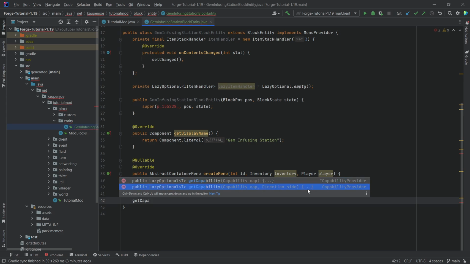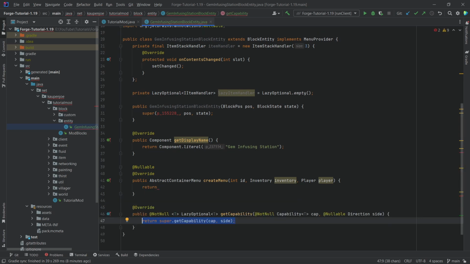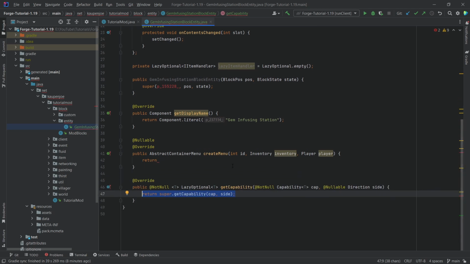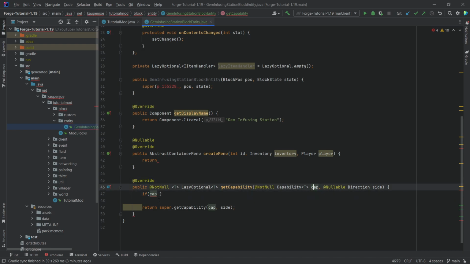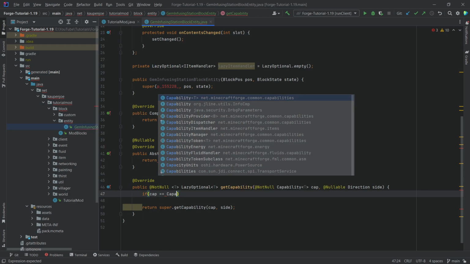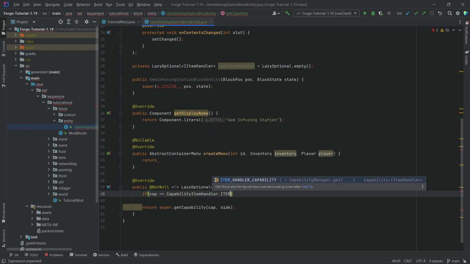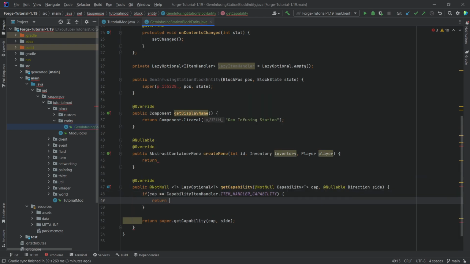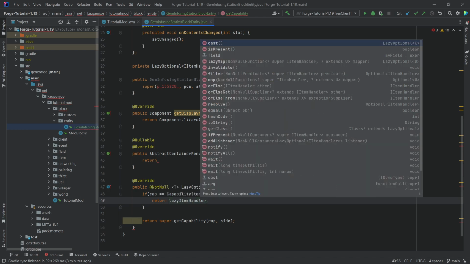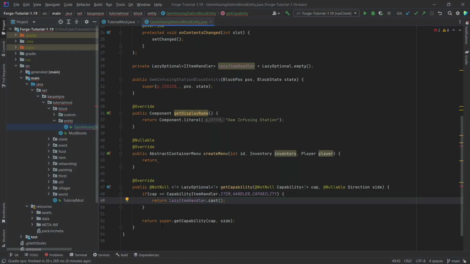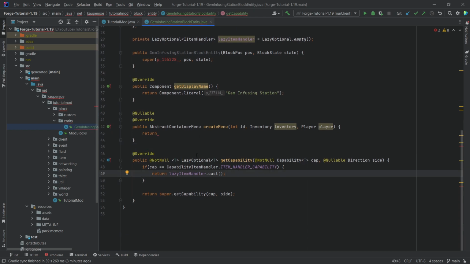Now we want to override the one with the side, and that should be okay. What we can then do is just keep this return, and say, hey, if cap, so this is the parameter here, the capability that we're passing in, if this is equal to capability Itemhandler.Itemhandler capability, then we're just going to return the lazy Itemhandler.cast. And that is basically going to allow us to import and export items out of this